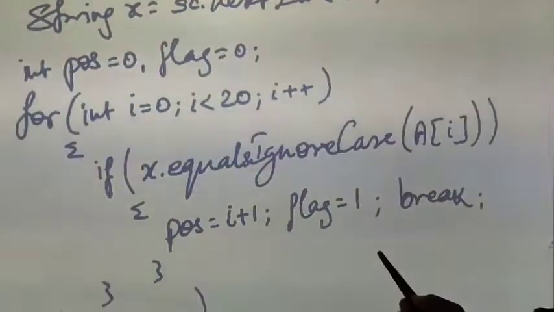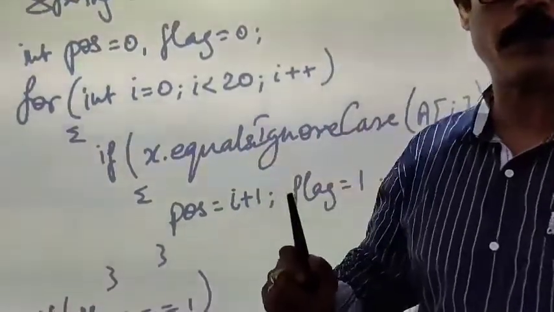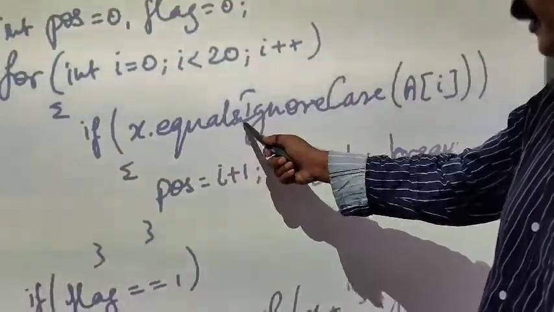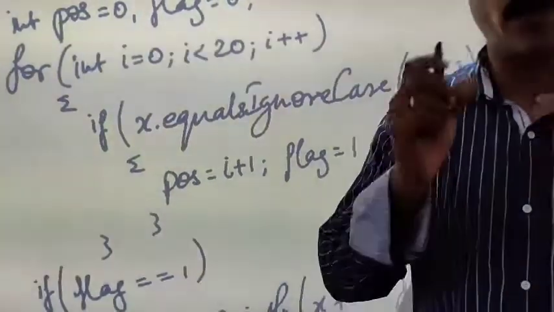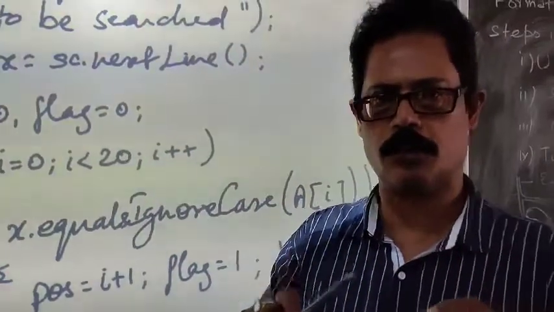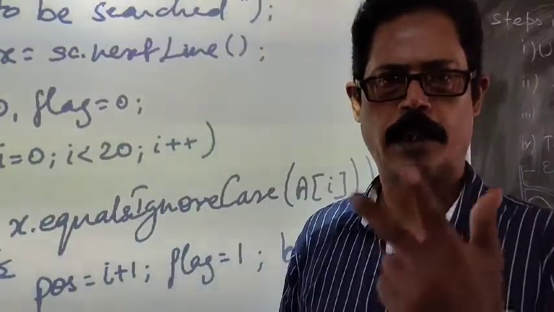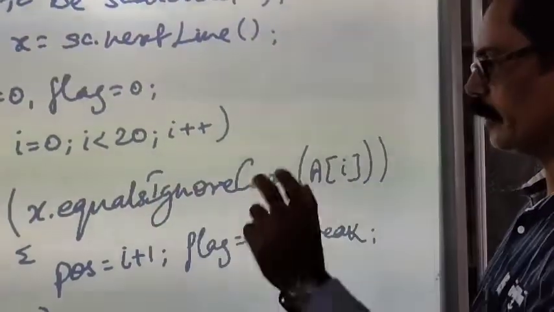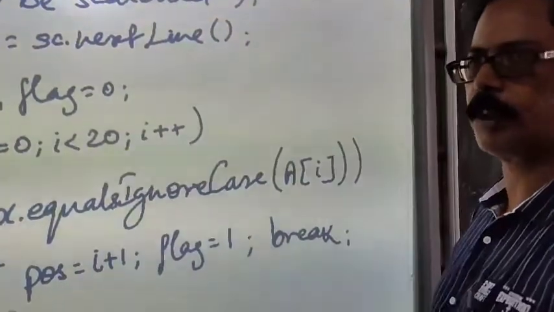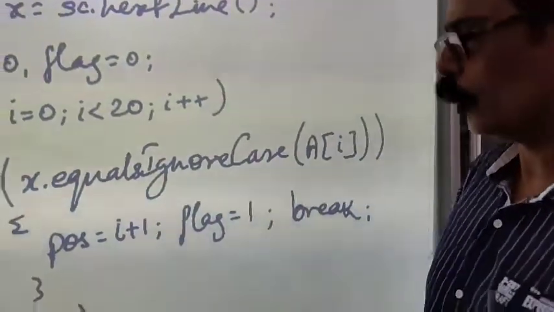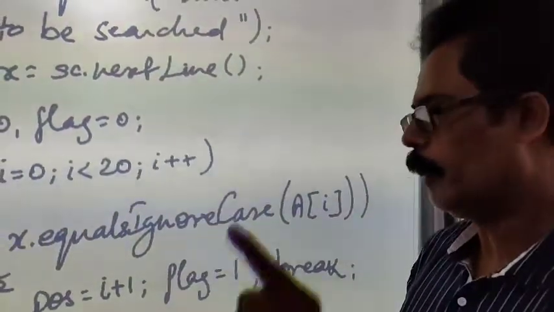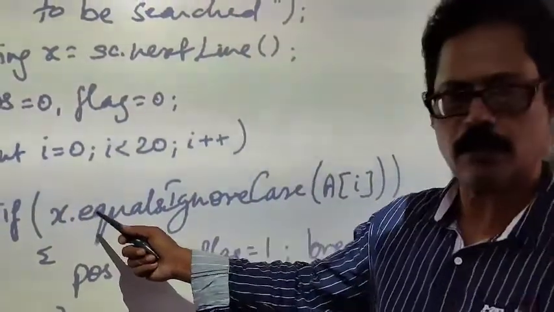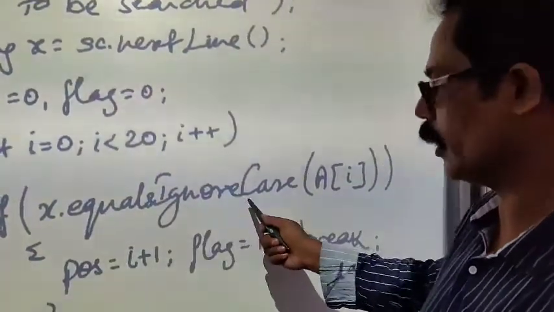With the reference to string, we use one of the functions of a string called equalsIgnoreCase, where I is capital and C is capital. It is one word made up of three words: equals, ignore, and case. So this is a function of the String class to check equality. You cannot write the double equal to sign with a reference to string. With string, in linear search, you have to make use of the equalsIgnoreCase